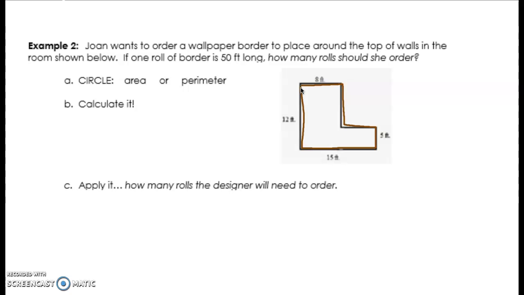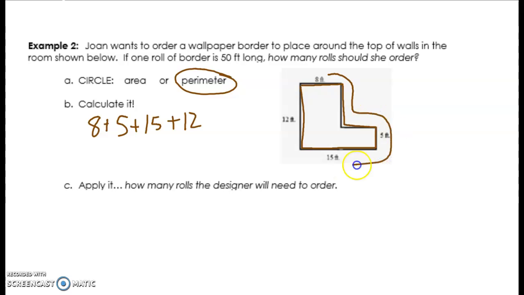So looking at calculations, I should realize that that's perimeter. That's the distance around the room. And the operation we use is addition. So we would say 8 plus 5 plus 15 plus 12. And again, whichever way you work your way around the room is totally up to you. I usually work clockwise, starting at the top. So putting all those together, 8 and 5, 15 and 12,